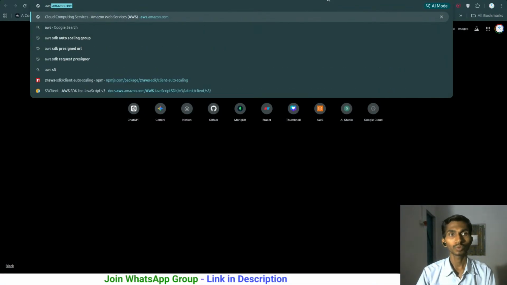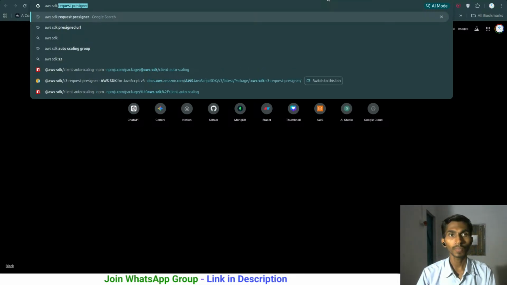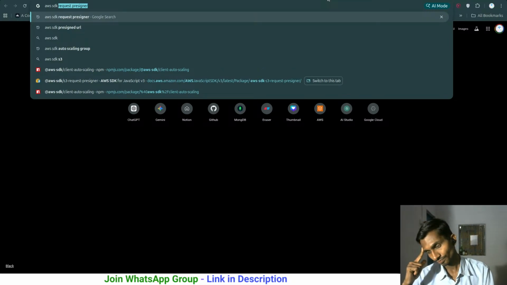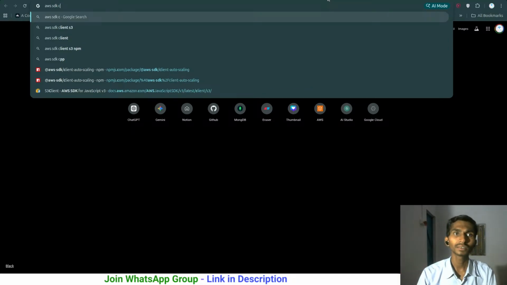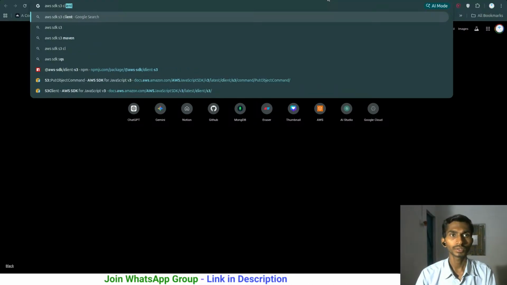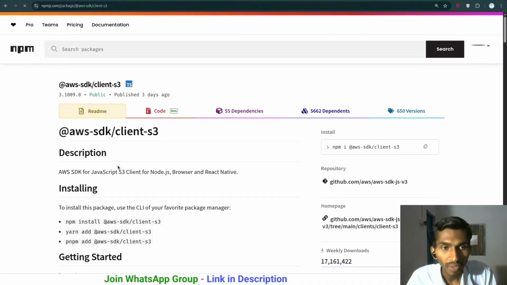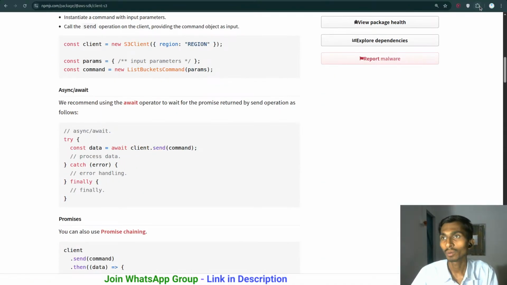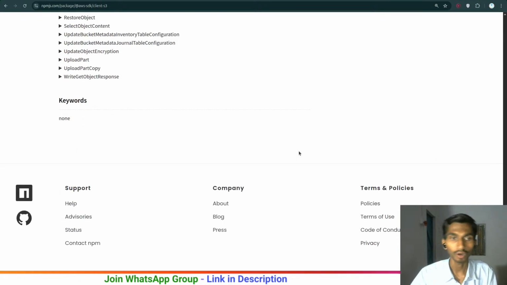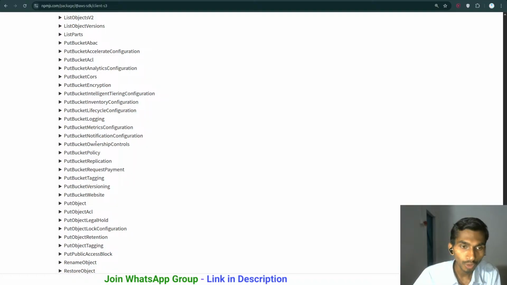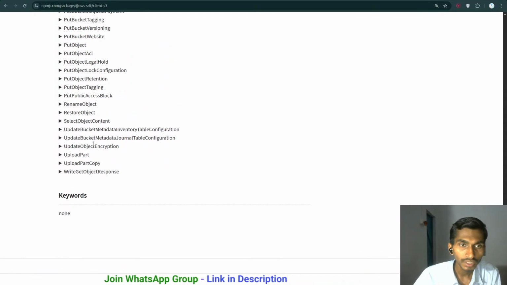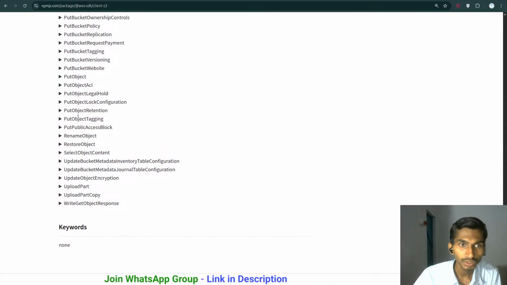Where AWS SDK client, S3 client. If I actually come here, we have many methods, and if you have a look at all those methods, it's quite a lot, but it's better to know about them one by one. So one of the methods that I actually used was this